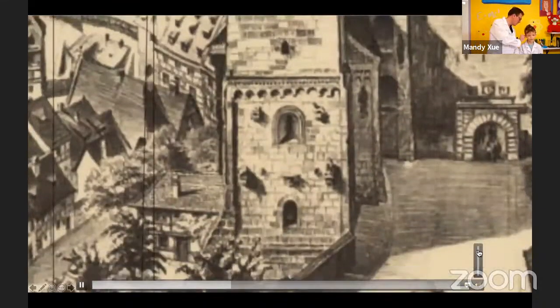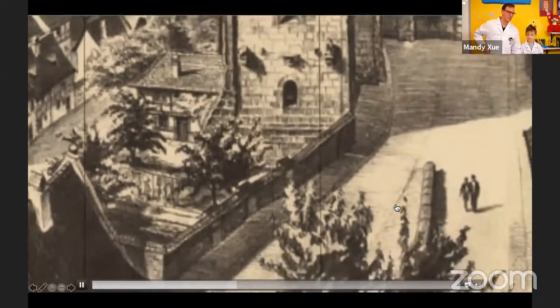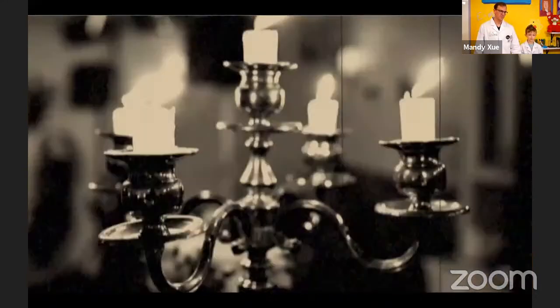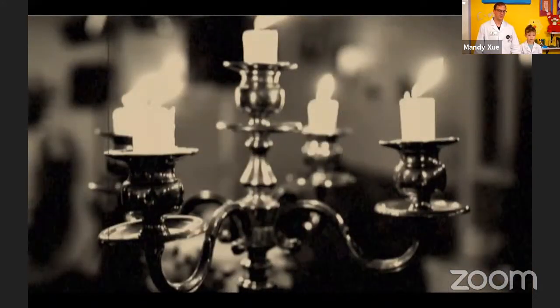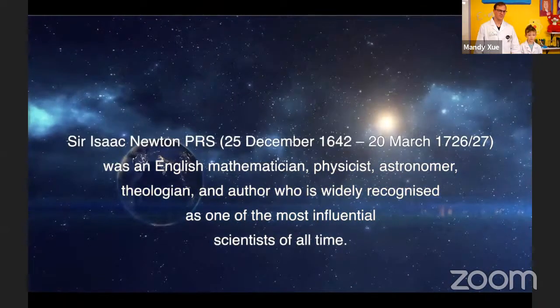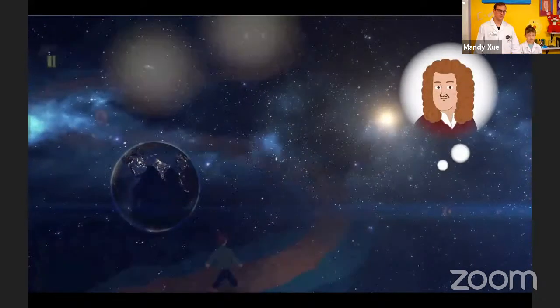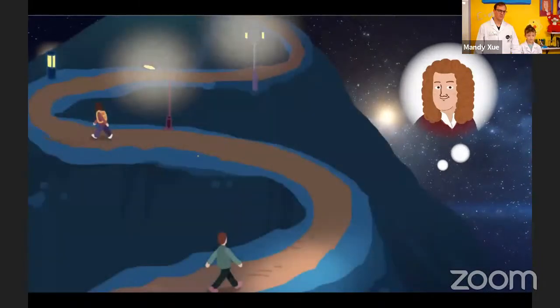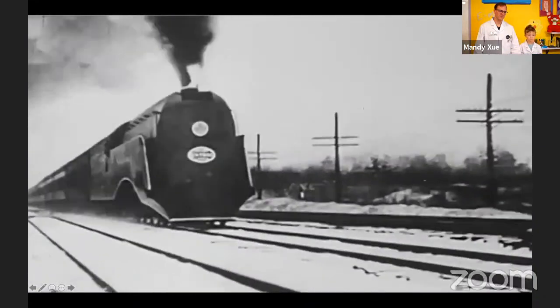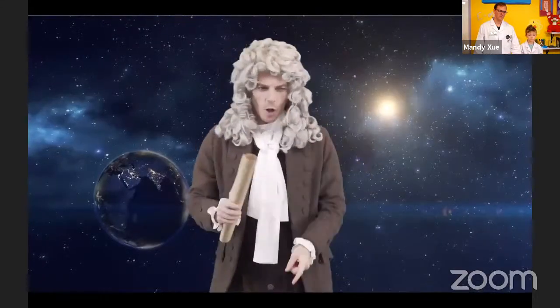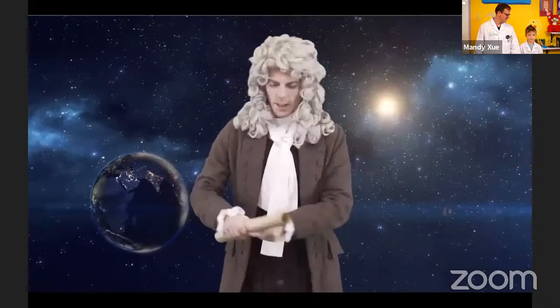There were no cars or planes, no electricity or telephone. People traveled on foot or by carriage and used candles for lighting at night. Later on, with many of Newton's discoveries, the world changed a lot. That's why we say Newton is a great scientist, just like a streetlight at night shining on the roads of human development. With Newton's discoveries, scientists have since invented cars, planes, trains, and satellites. I tell you all that I have proven that gravity is universal. It is on this page.